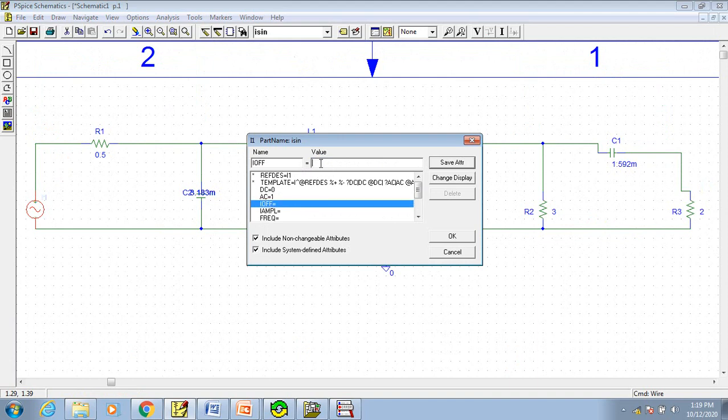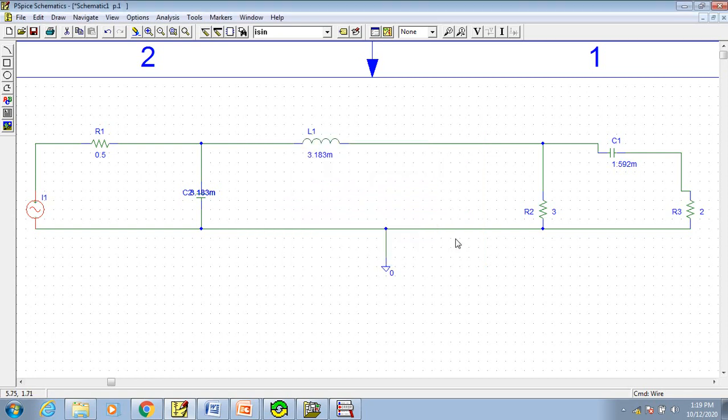I of is offset. That is whenever you want to shift your origin, so it's not required. So type 0. Amplitude, as discussed, will have 1 ampere. Frequency we have considered as 50 hertz. Type your input frequency as 50. So these are the values which you have to set for your input current source, and then click on save attribute and then OK. Now you can rearrange here. You can pull the values, rearrange it if you want, just to make sure the circuit looks neat.